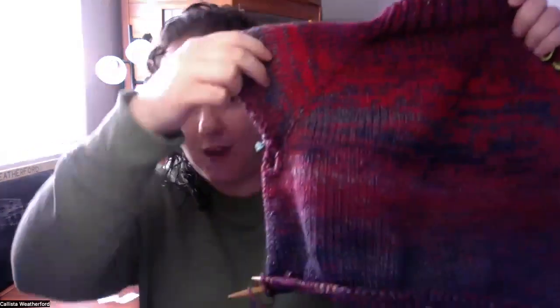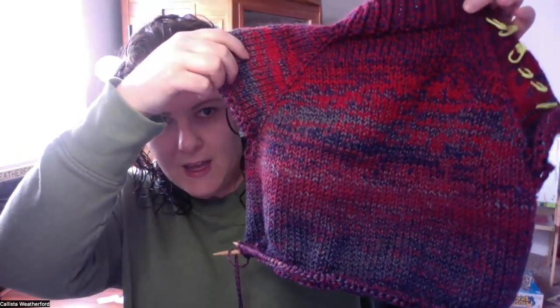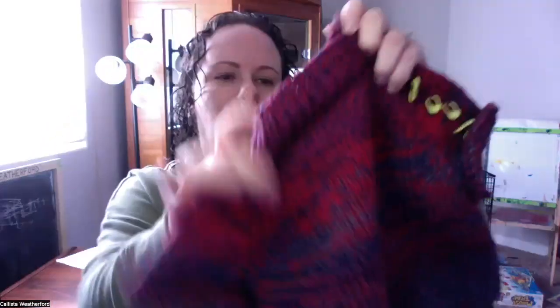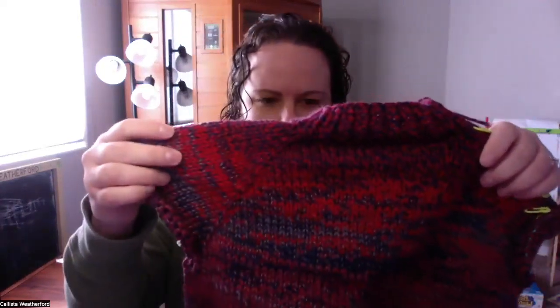Here's what I'm working on today. This is just a very plain raglan sleeve sweater I've been working on. The yarn so far is Cascade 220 Superwash Wave, and it just naturally does this color thing here, which is really fun. I did decide that I wanted to use a plain color for the sleeves, so I'll be doing that later. The purpose of this video is to share a little bit about